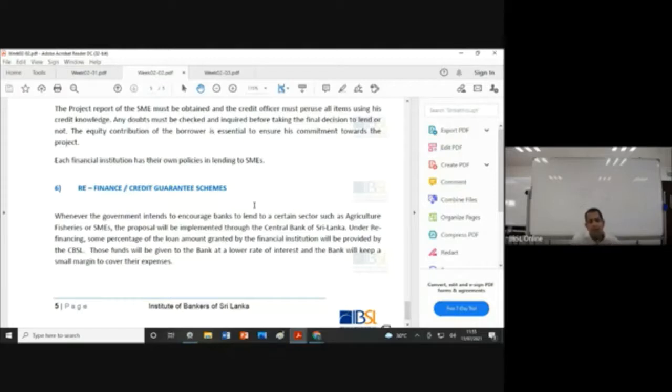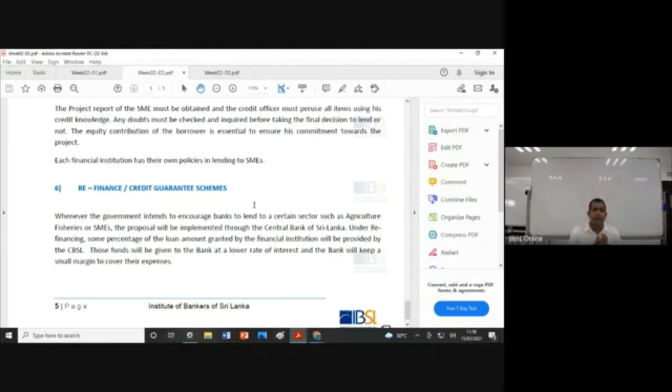If they don't pay, we have to collect money, so we will sell the property. Without that kind of thing, banks also do not lend freely. If we have a credit guarantee scheme like this, we can pass part of our credit risk to them and freely give money to the SME segment, which is the more critical segment. The SME segment is defined differently by different organizations. Like small